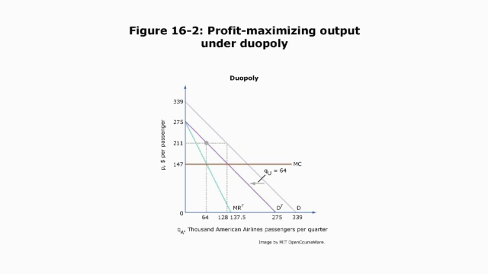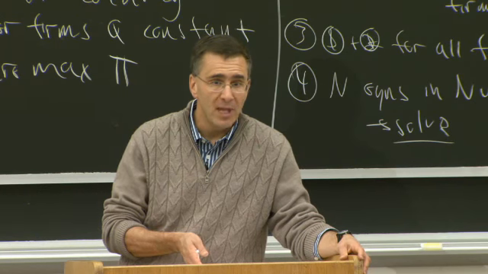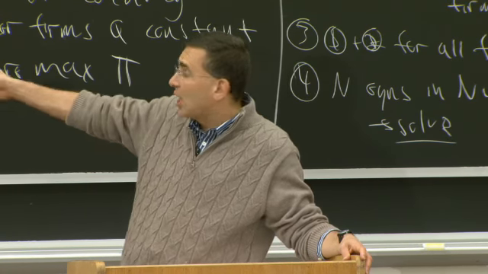And that's why I choose on that new line. That creates a new marginal revenue curve, MR super R. That new marginal revenue curve intersects marginal cost at 64,000. And that's why I fly only 64,000 flights at a price of 211. So here's one example of how, given an amount United's flying, American chooses how much to fly. Questions about that? The graphics tie to the math I did here.